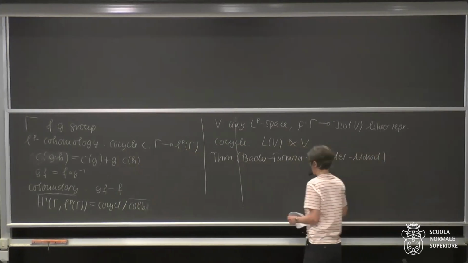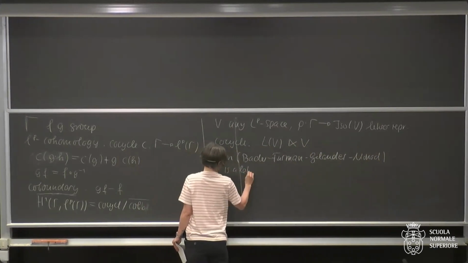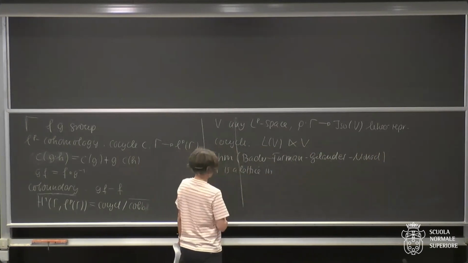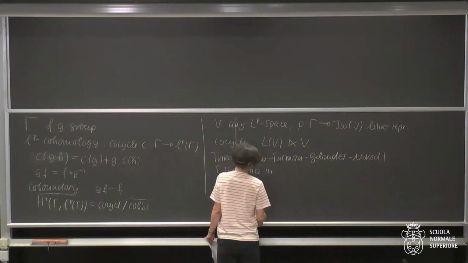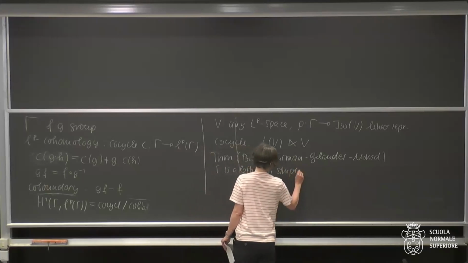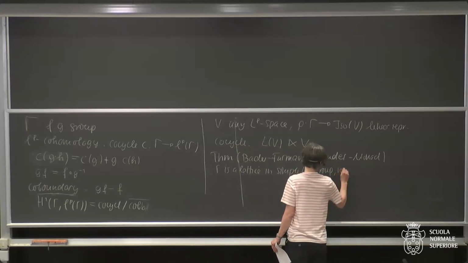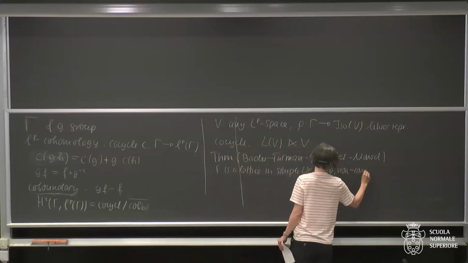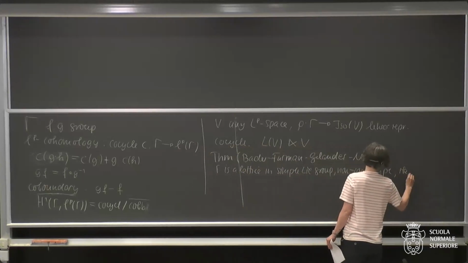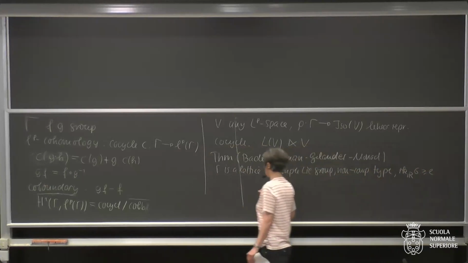And what does the theorem say? If gamma is a lattice, any lattice, for simplicity, I do not state the theorem in full generality, but in a simple Lie group of non-compact type, and real rank of G is bigger or equal than 2, then